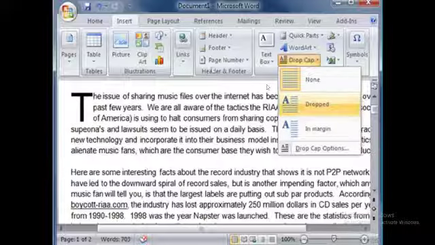In this window, you can see after clicking on the Insert tab, under the Text group we have the Drop Cap option. When you click on it, a list will appear. Select how the text is to be dropped, meaning how many lines it will span and how the lines will be spanned. You will select the option. As you can see here, 3 lines are being spanned by this T. So the Dropped option has been used and T appears like this. This is how you will use the Drop Cap option.